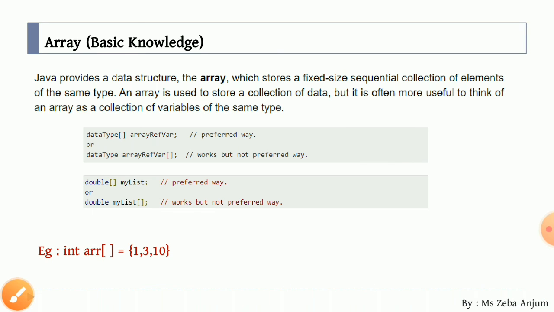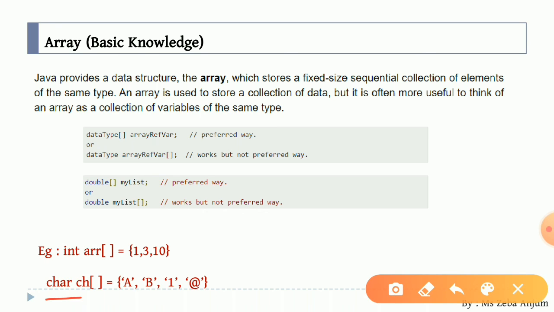Now see the next example, that is of your character data type. Now see, char we have taken, ch we have taken. Now the elements that we are going to store should be enclosed in single quotes. Why? Because characters should be enclosed in single quotes. Now one thing also to remember about array is that whatever elements you are going to take in a single array, that should be of a single data type. A single data type you are going to store over here. Means to say, your first example is an integer array, so you can enter thousands of numbers in it, but every number should be of integer data type.